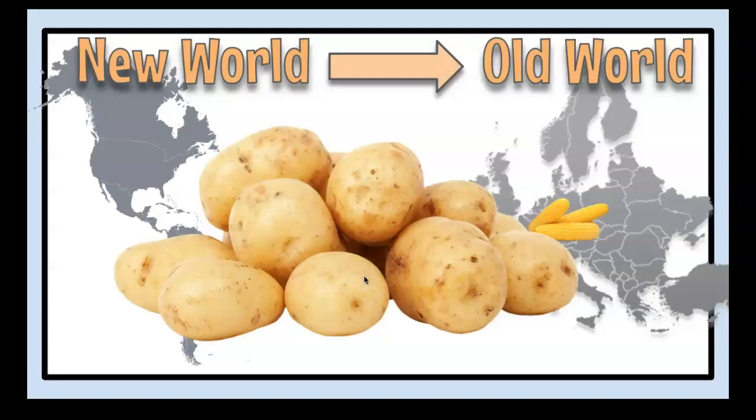So areas of the world over in the New World would grow it. And since it was so easy to grow, they had a surplus of food, which meant their population would grow, because more food could mean they could have more people and the survival rates would be higher. So Ireland actually came to rely on the potato so much that when they had the famine of 1845, which prevented the potato from growing, Ireland could not handle the loss of that potato. And that's when they had a huge migration out of Ireland, because they didn't have enough food, because they didn't have enough potato because of the famine.